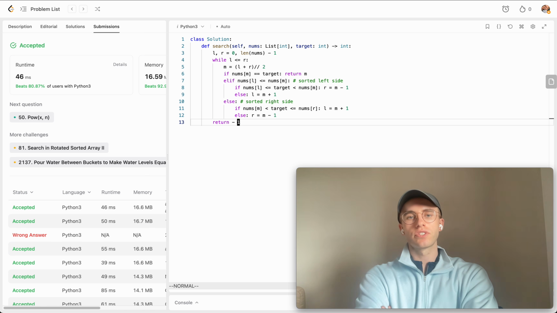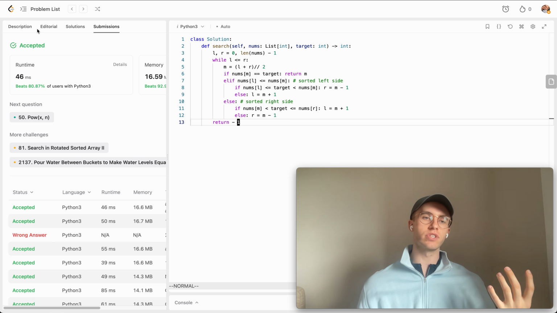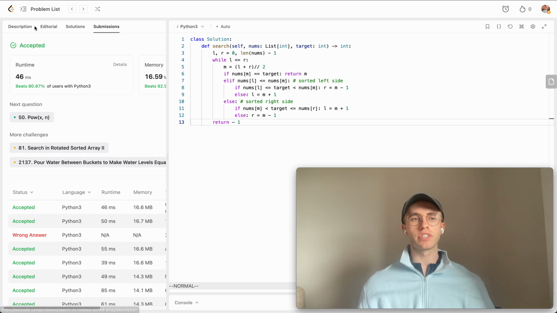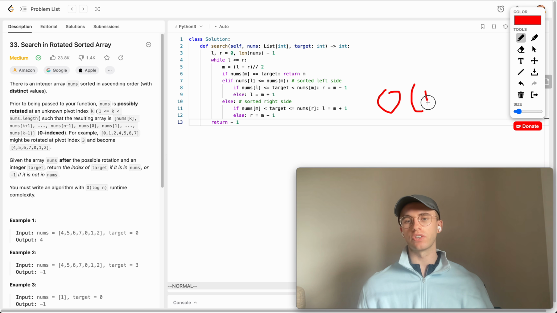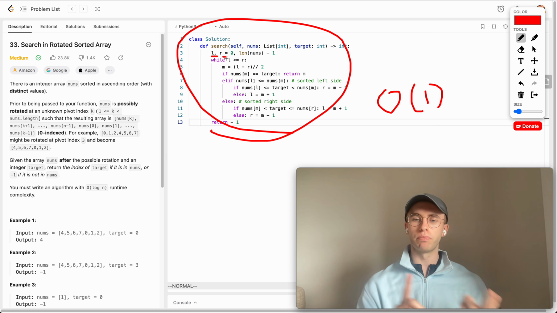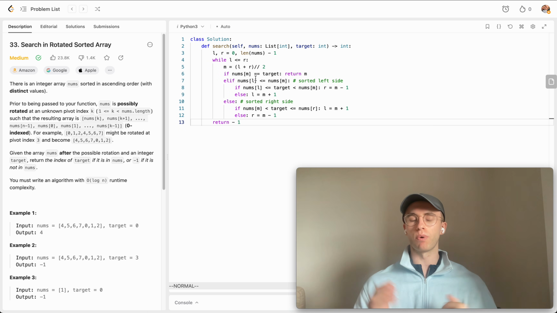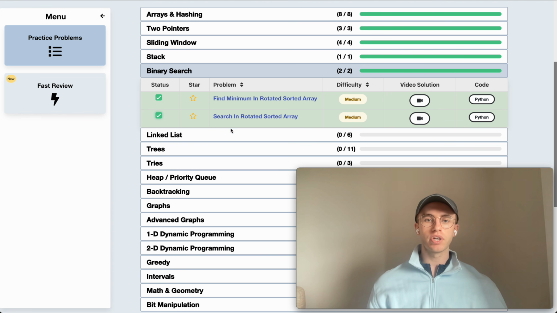And success. So this also runs in log of n time complexity because we were using binary search. And then the space complexity is also going to be O of 1, just like the last one, because we're not using any extra data structures here. We're just using integers to point to various points and keep track of what the target is and so forth. So yeah, that's the binary search problem type for this